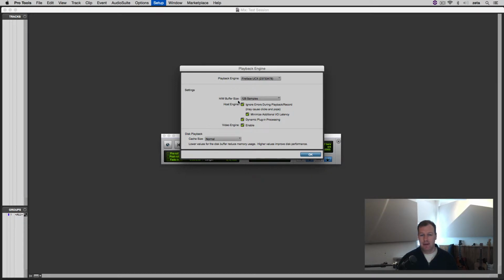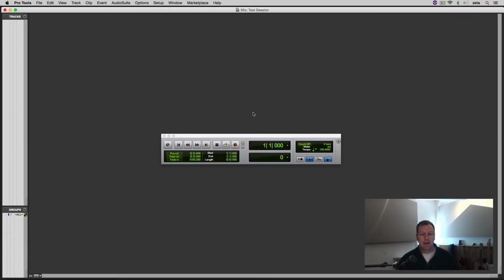And for the hardware buffer size, we want to have that around 256 or 128. If you've got a really fast computer, you can even have it down to 64 when you're recording. Lower buffer sizes are good while you're recording because you get no or low latency. If I had that set up high, like 512 or even higher, I would probably get some audible latency, which is a little echo, a time difference between when I talk and when I hear it back through the headphones or whatever I'm monitoring in. So I'm just going to have that at 128 samples,